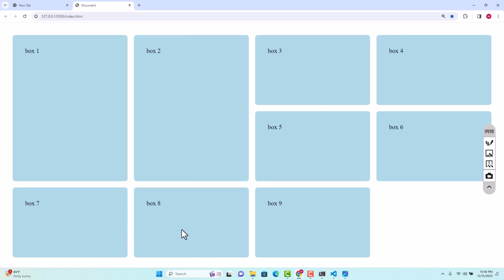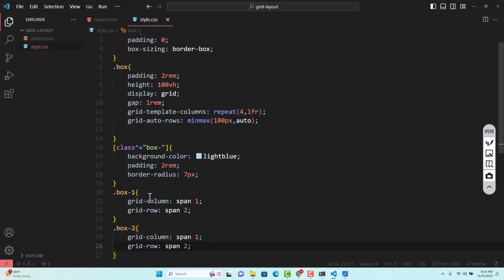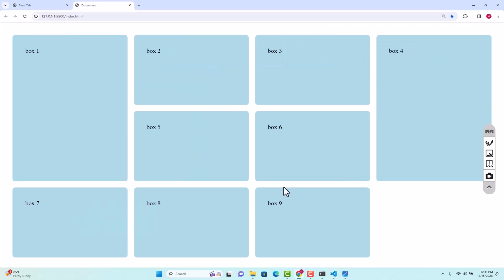Let's have a look right now. So I have mistaken. I targeted box 2 instead of box 4. It has to be box 4. Let's have a look right now. As you can see,